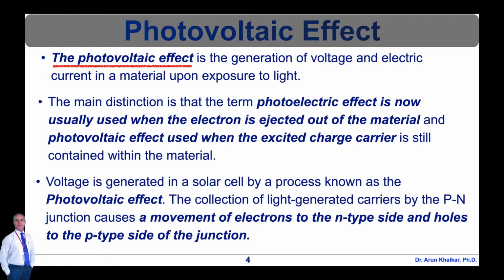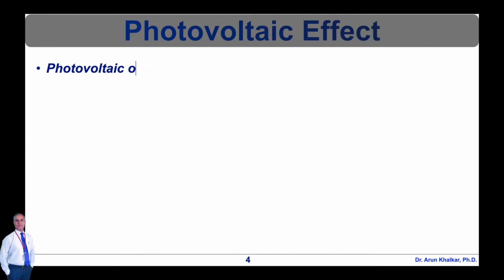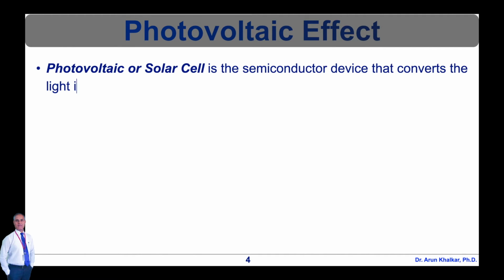The collection of light generated carriers by the p-n junction causes a movement of electrons to the n-type side and holes to the p-type side of the junction. Under short circuit conditions, there is no build-up of charge as the carriers exit the device as light generated current. The short circuit, the potential voltage and barriers, everything related to the solar cell I will discuss in detail